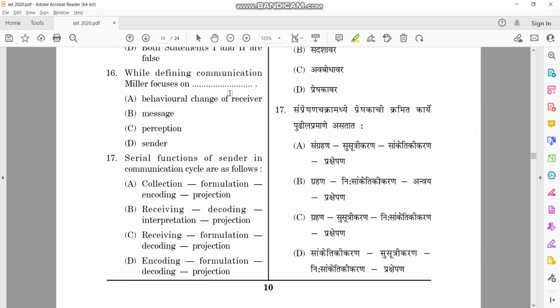Next question, while defining communication, Miller focuses on dash. So Miller focuses on behavioral change of receiver, not the message perception in the sender. Next question is, serial function of sender in communication cycle is as follows. So options are here. Correct option is collection, formulation,